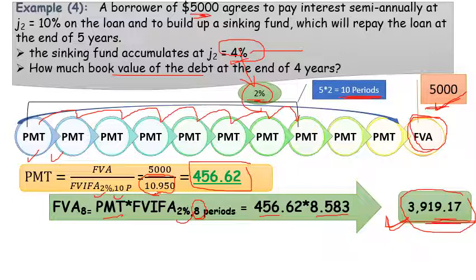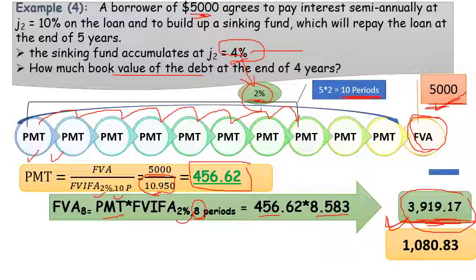So the remaining value of this loan, or the book value of this loan, will be the difference between the original value of 5,000 and the accumulated value of his deposits of 3,919. So the book value of this debt will be 1,080